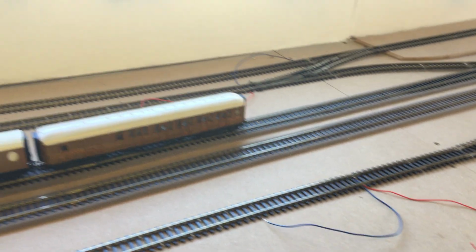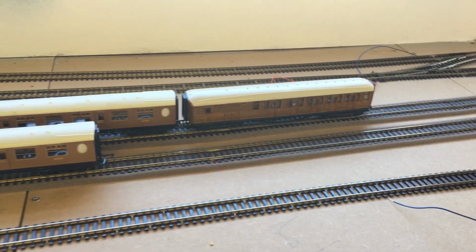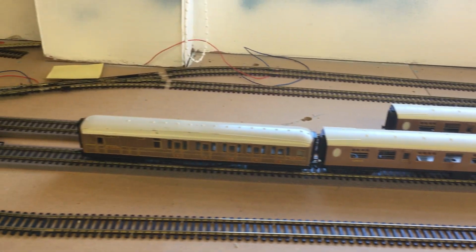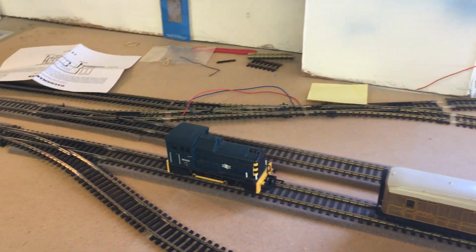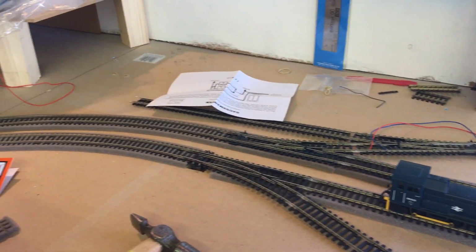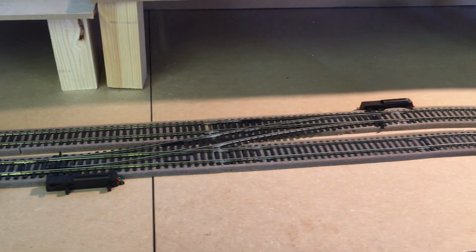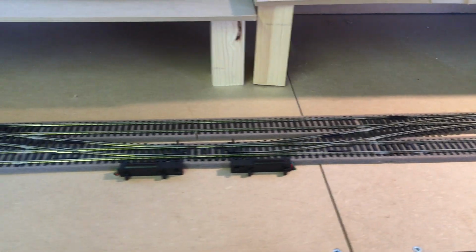Okay, progress is slow, but there is progress. The double circuit now has the foam underlay in place, and I have started to fix down with the track pins. Before I went all the way around, however, I decided it was sensible to install the surface mounted Peco